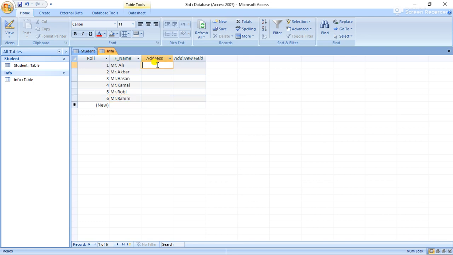Okay, then put the addresses like Dhaka, Sylhet, Rajshahi, Dhaka, Barishal, Sylhet. Okay, so these are the addresses.